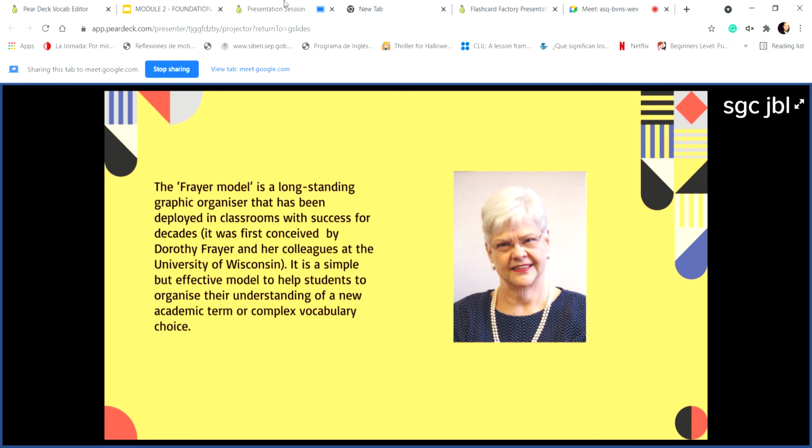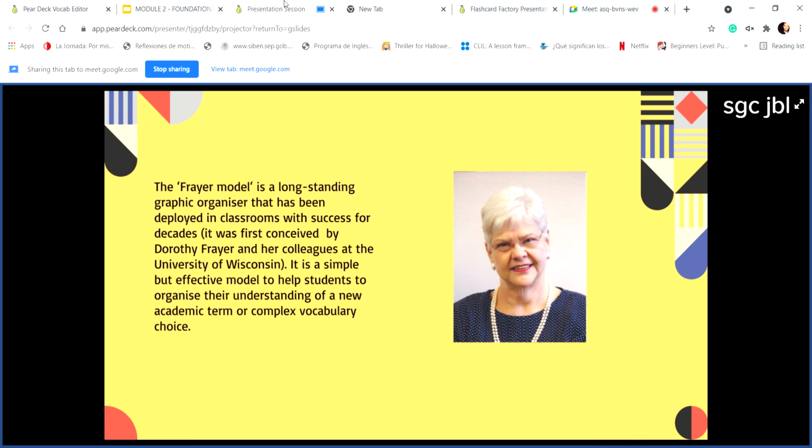The Freyer model is a long-standing graphic organizer that has been deployed in classrooms with success for decades. This is the lady who created the Freyer model, Dorothy Freyer, from the University of Wisconsin. It is a simple but effective model to help students organize their understanding of a new academic term or